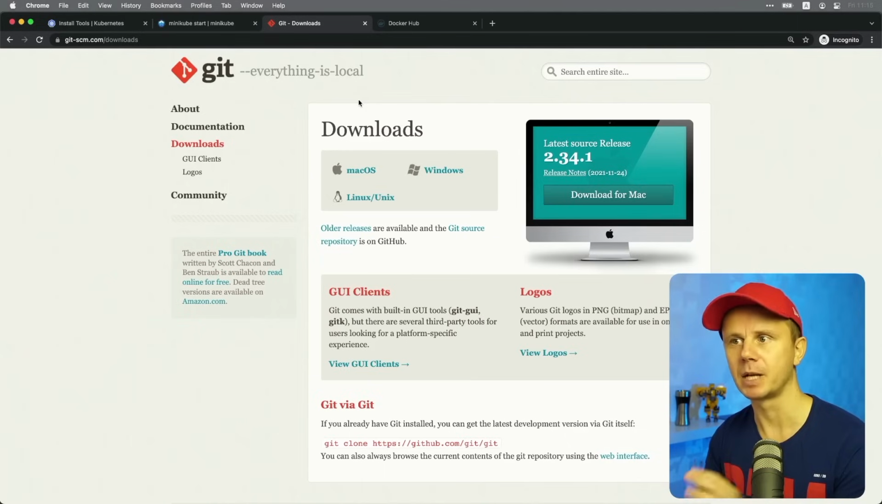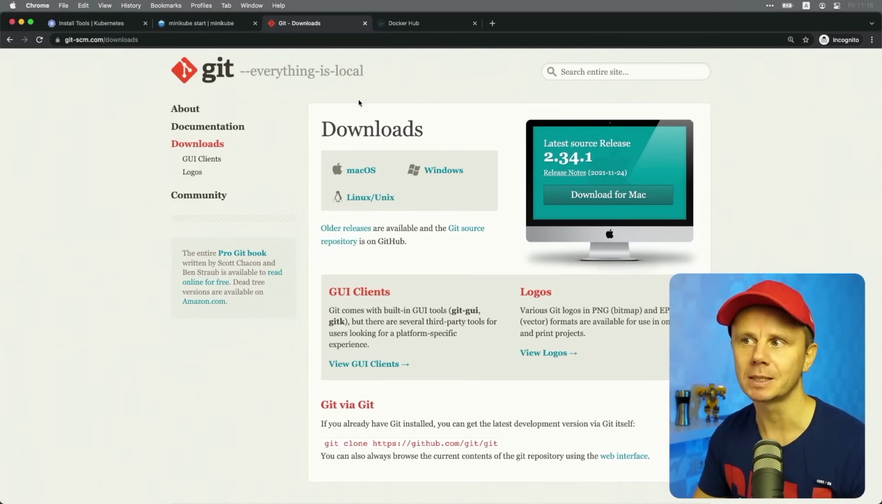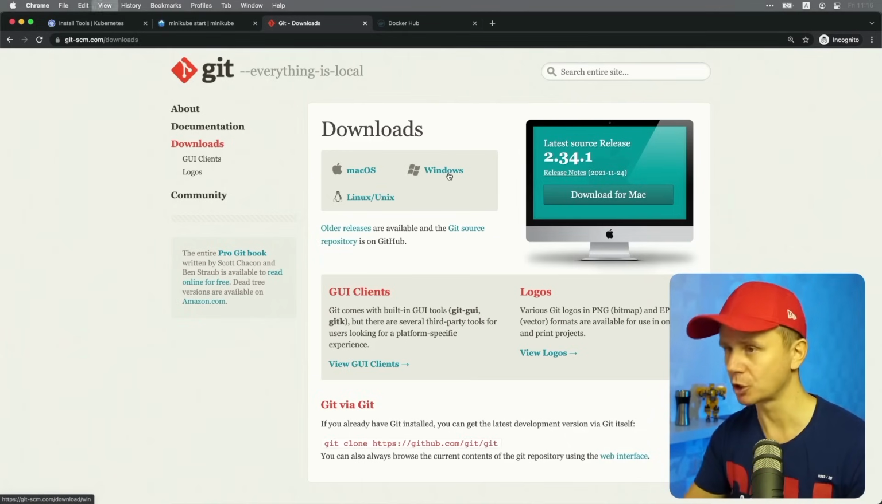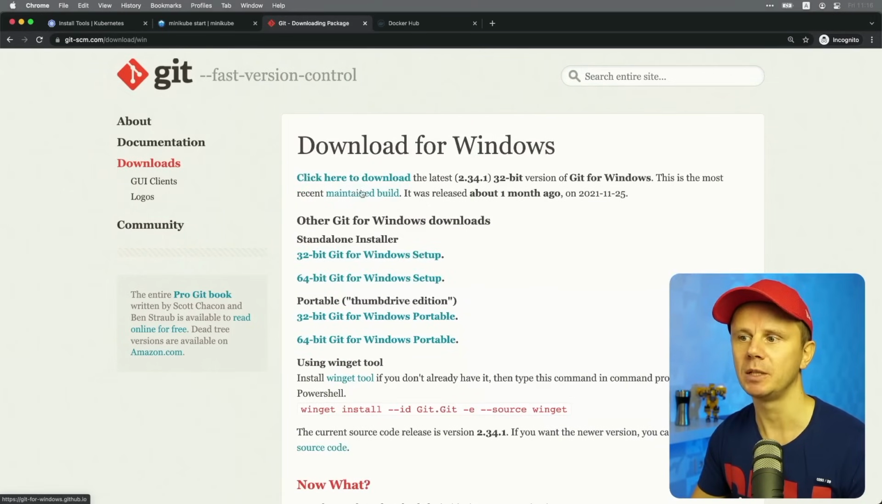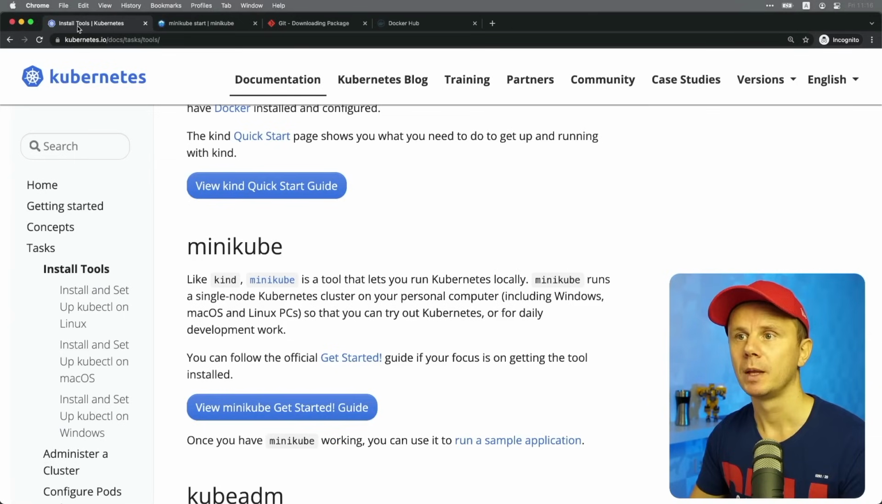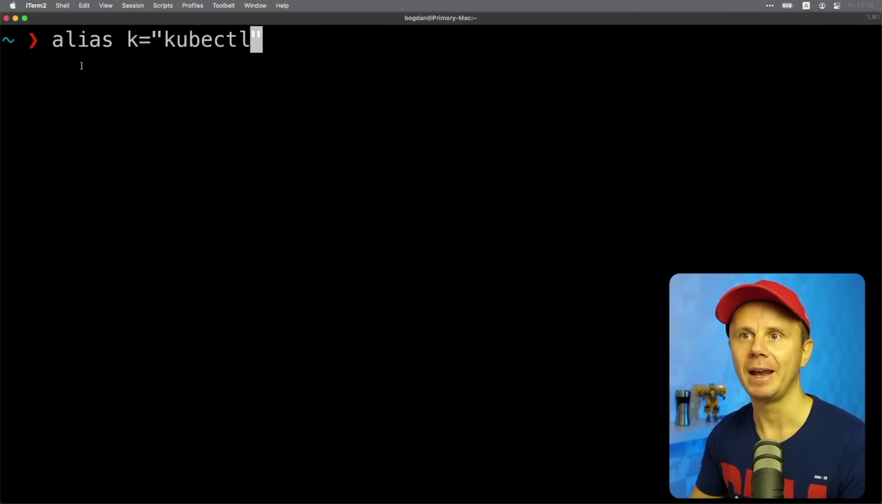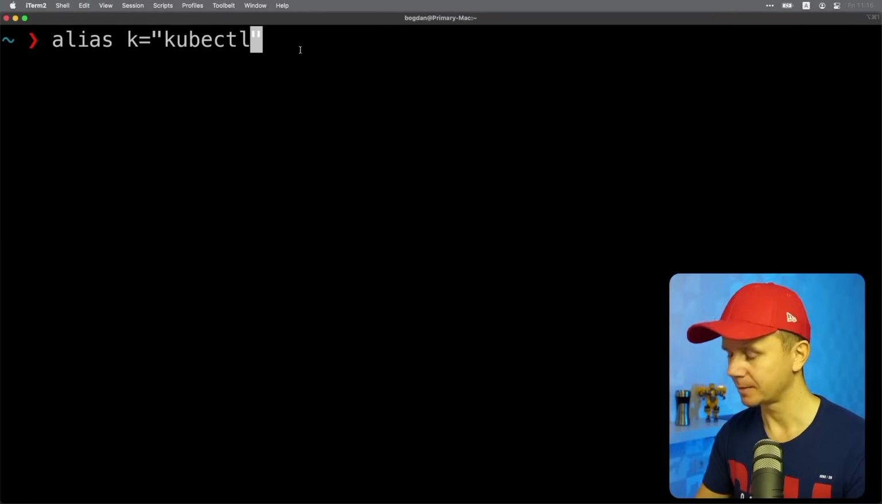It is another terminal. If you don't have Git installed, please go to the Windows section here and download Git for Windows. Here are different links to it. And after installation, please open the Git Bash terminal instead of PowerShell. So, I already have the alias command available in this terminal on macOS, therefore I will be able to create such an alias. Let's create